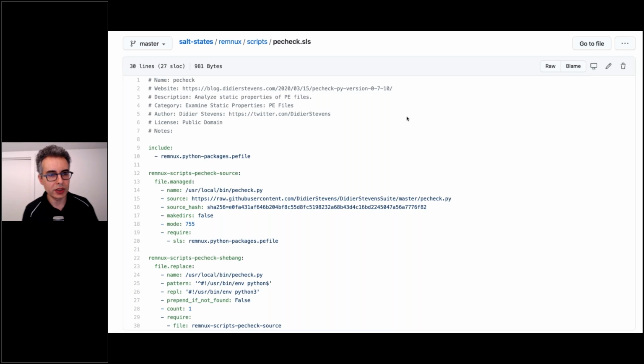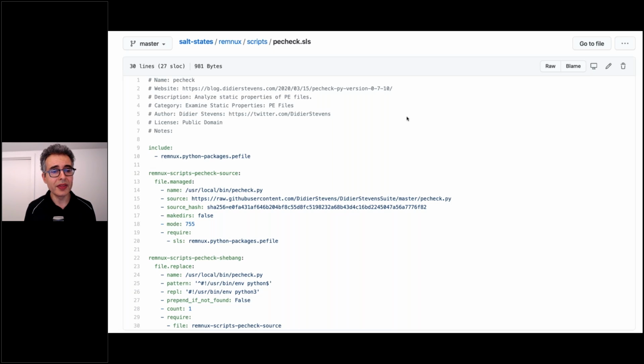Now here, as you could see, the SaltState file begins by, in this case, specifying that to install PEcheck, SaltStack needs to download it off this URL. It requests SaltStack to make sure that the hash of the downloaded file matches the expected value. It tells SaltStack where that file should be copied on your local system, and it specifies the permissions for that file to make sure that they are runnable. This state file